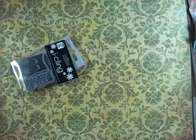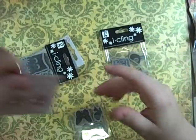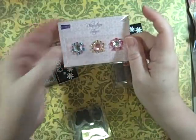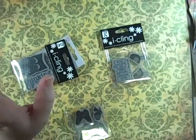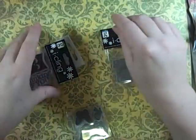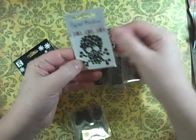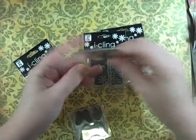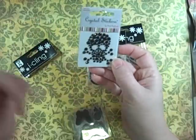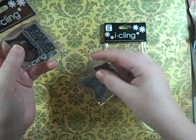I picked up a few little things at this store, nothing huge, but I had some fun. These went down to 50 cents at Michael's, and I had picked up a few others, but those are already in some packages for some friends. This was 50 cents, and my husband likes to point out with these, I can always pop these rhinestones off if I don't use that in a Halloween book. Then they have the little cling stamps,